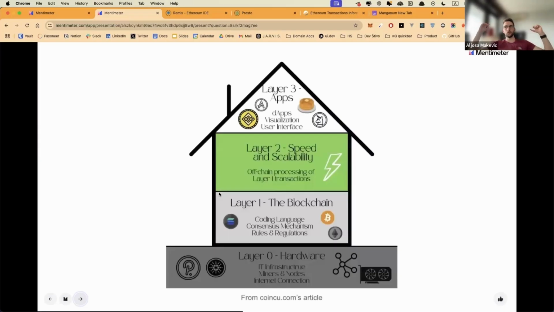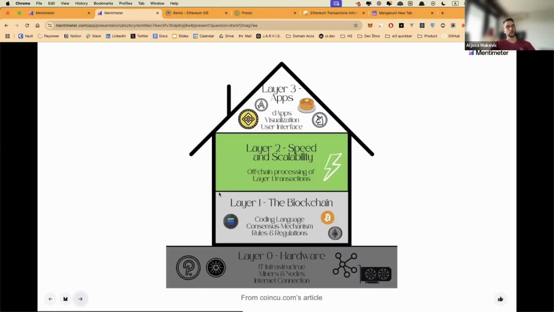So layer 0 is actually the hardware and those miners and nodes that I spoke about. Layer 1 is Bitcoin, Ethereum, maybe you've heard of Solana, Near, and all these chains have different benefits, different pros and cons. And so it depends really what you want to do when you're looking at what chain to pick.